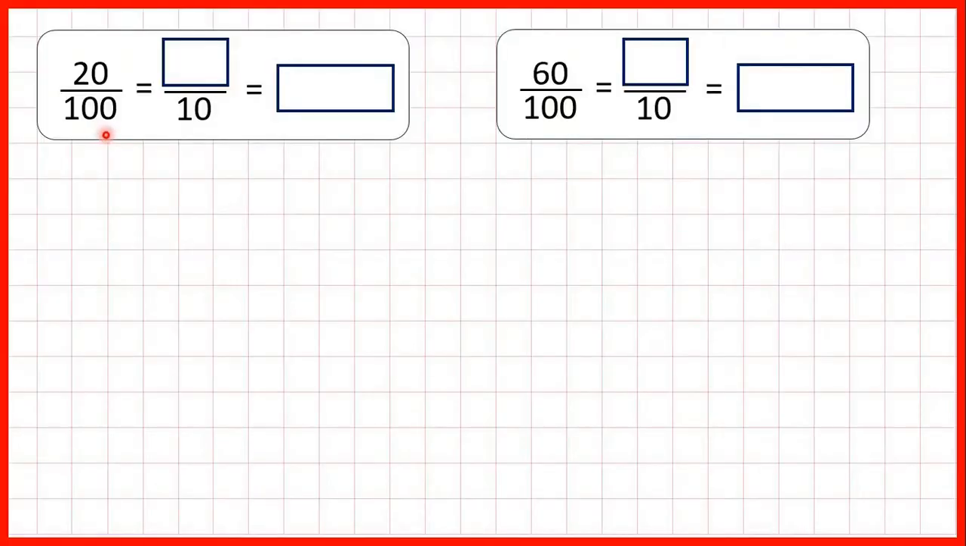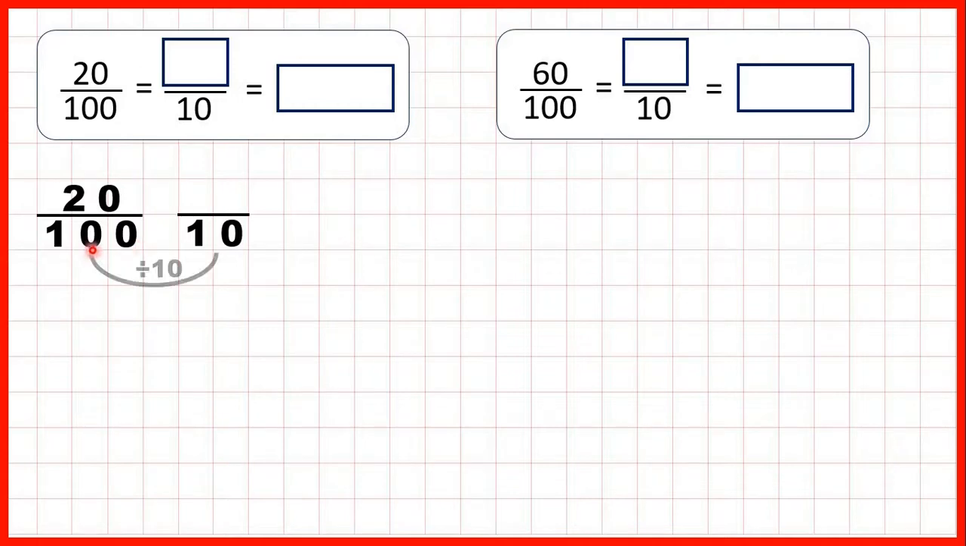So for this first question, we have 20 hundredths, and we need to find an equivalent fraction with a denominator of 10 and write the fraction as a decimal. So first, let's take our 20 hundredths and see if we can find an equivalent fraction with a denominator of 10. Remember, as well as multiplication, we can use division to find equivalent fractions, and 100 divided by 10 is